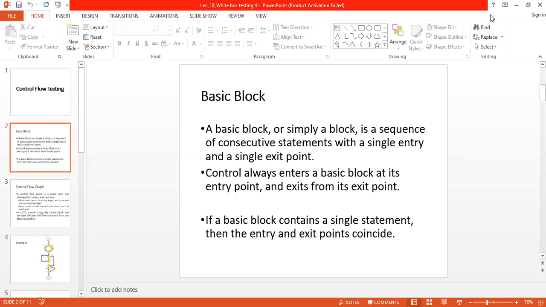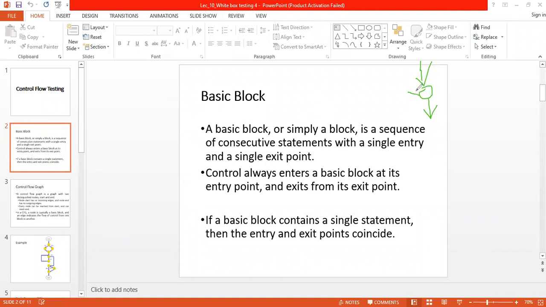So if I draw it for yourself, this is my starting point. So always one single entry and one single exit point, right?